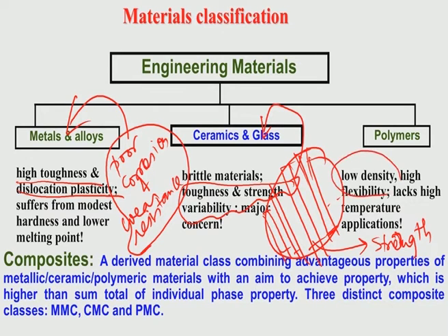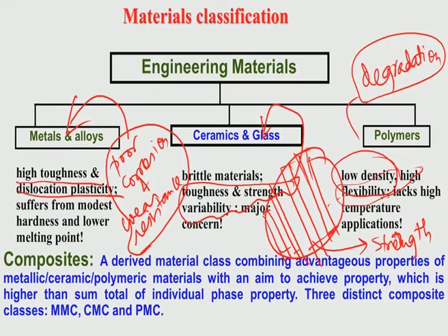It has a very low density because it is made up of carbon, hydrogen, oxygen, nitrogen, and it also has a high flexibility. And the disadvantage of the polymer also can be degradation and erosion in the physiological environment, and also polymers do not have a great combination of the mechanical properties in terms of the strength properties, in terms of the fracture toughness properties and so on.